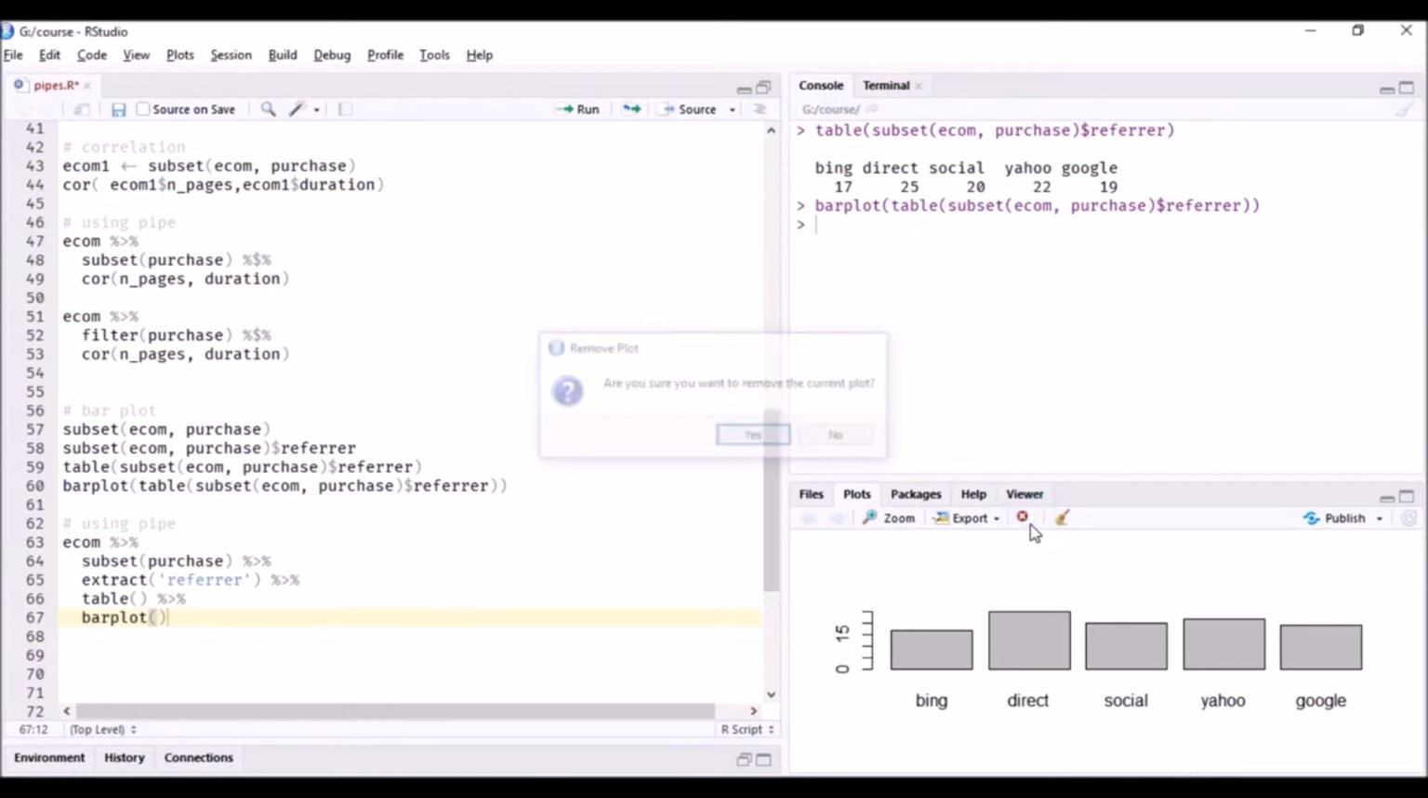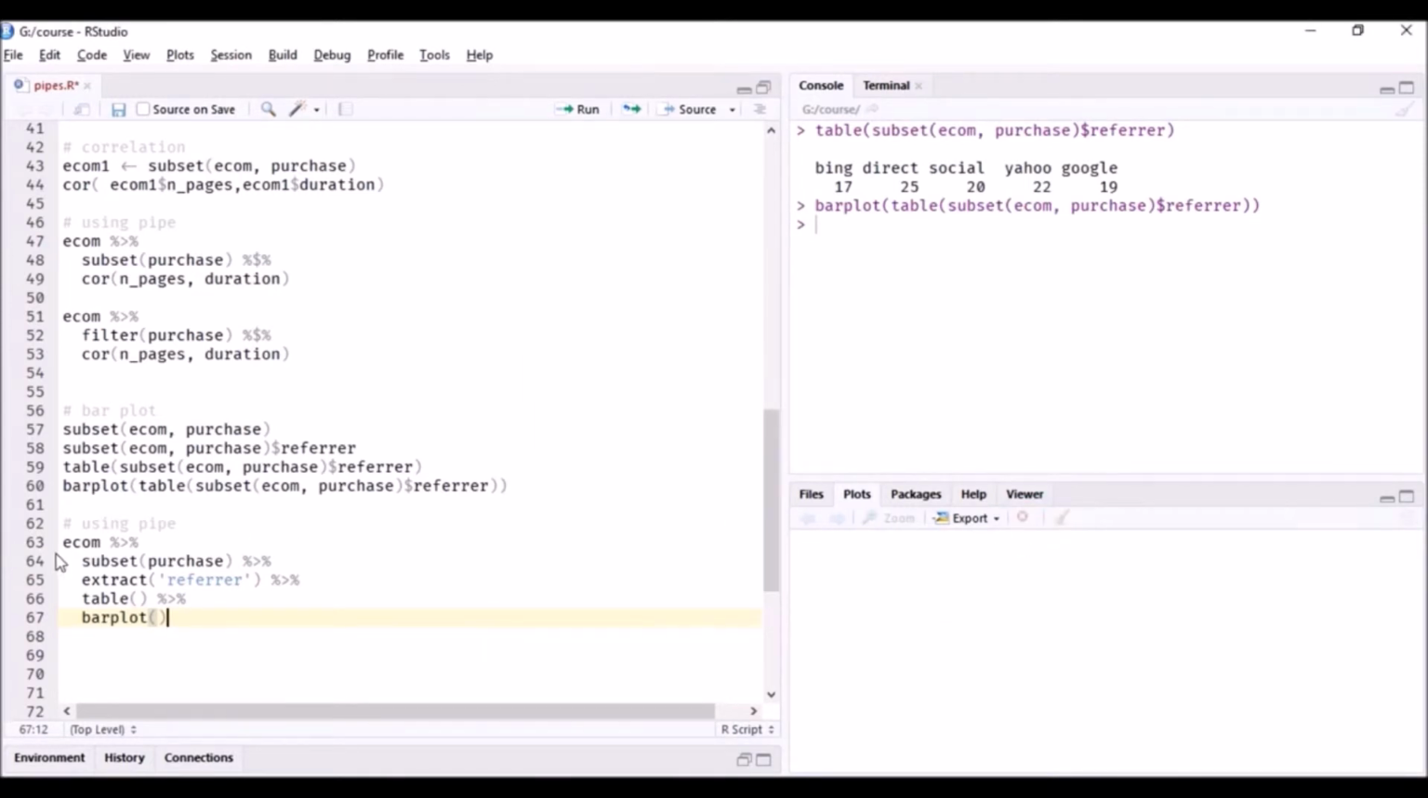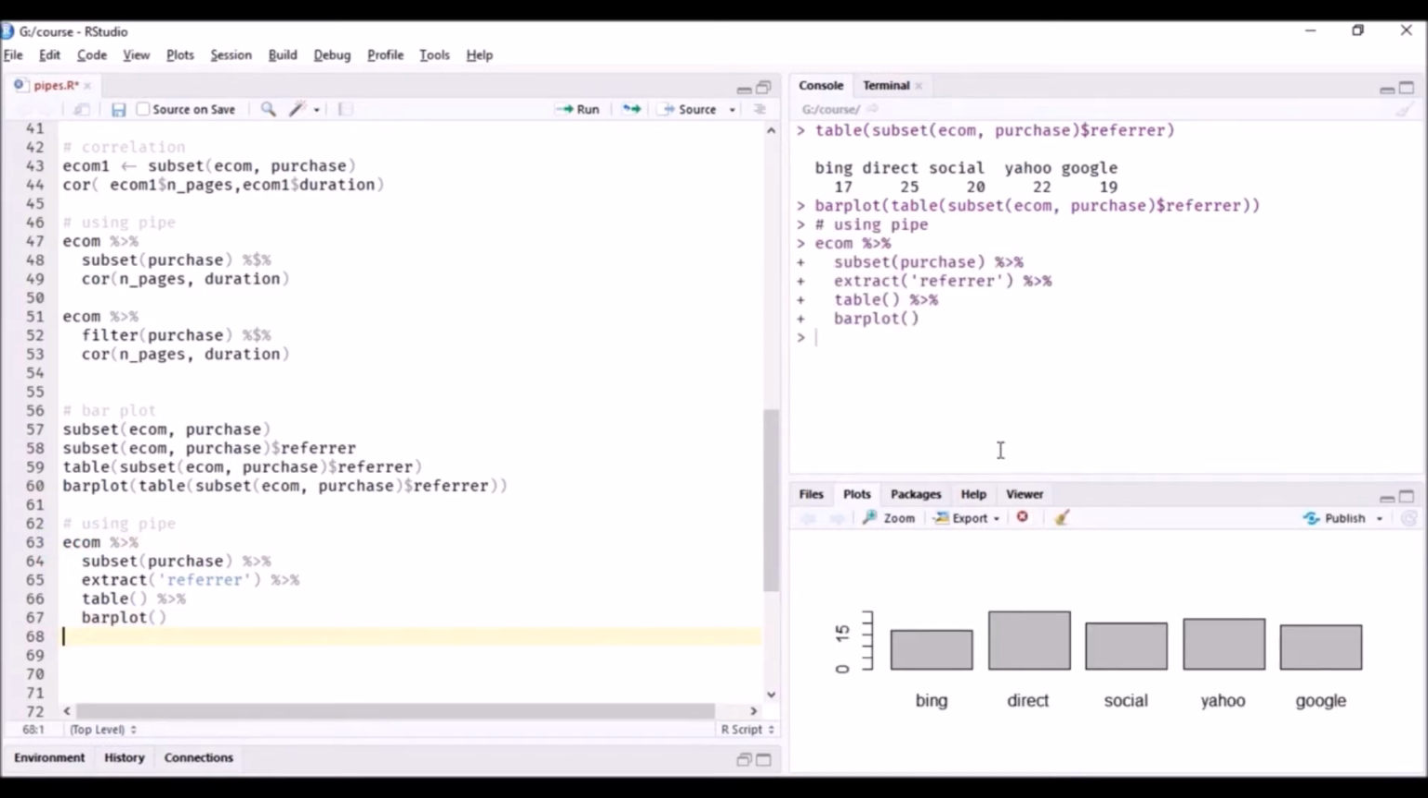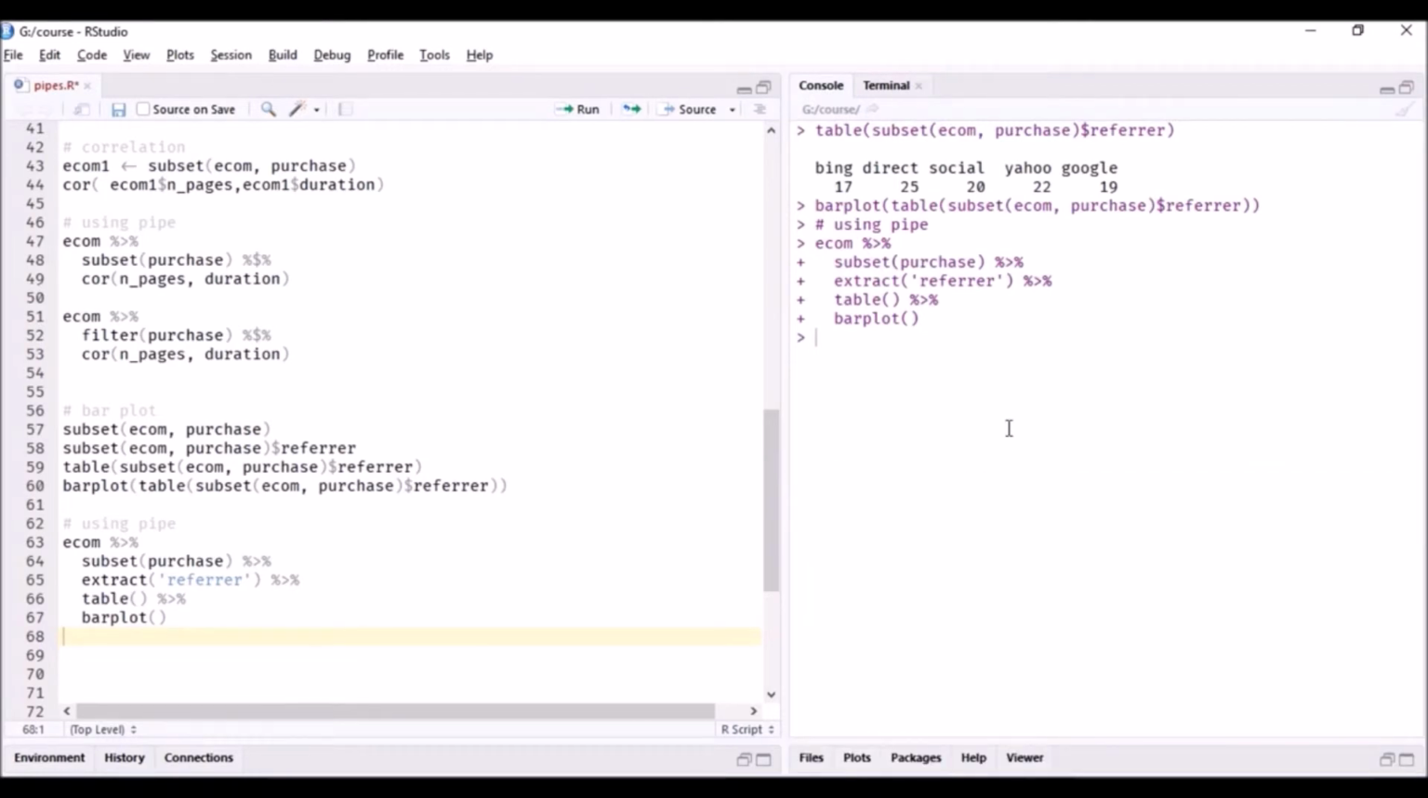So let me remove this plot so you can see how this step also creates the same plot. And you can see, it goes nicely with the narrative. It's very intuitive. Now just for the sake of a better understanding, let us look at the output from each of these steps. So here the ecom data set is passed to the subset function to filter out all the purchases,